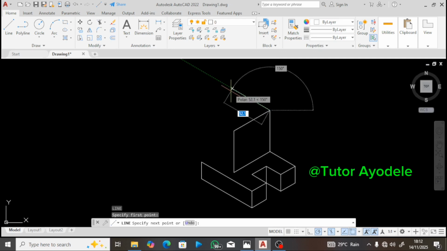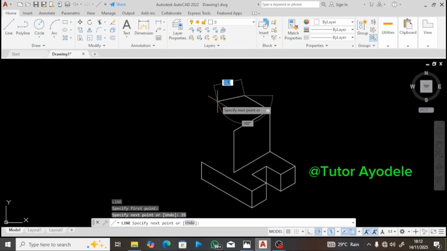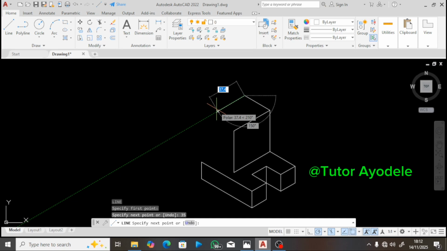So go in by 35, come down like this, make sure that it is at 150, which is, whenever you are going to the left, it usually shows as 150, but if you are going to the right, it usually shows as 30 degrees, so it's still the same thing. So come by 30, we need to come here by 50, move by 50, so type 50,